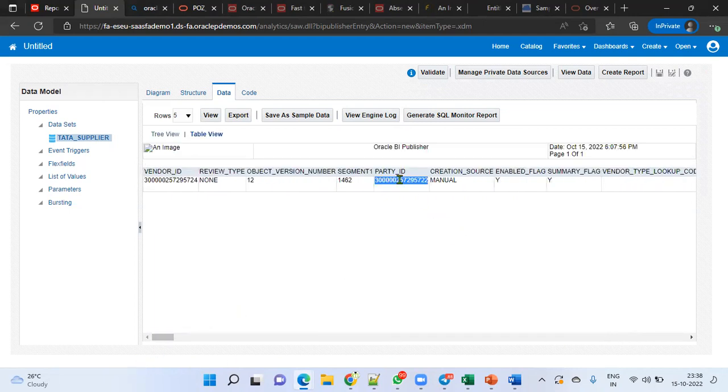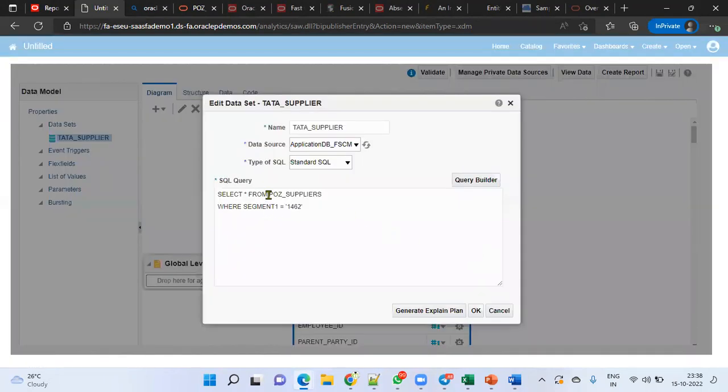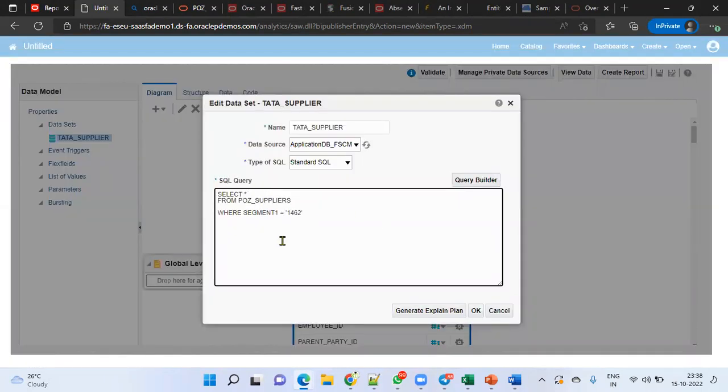How we can get? Based on the party ID, we have to join with another table. So how we can go for join another table here? So let's say POZ_SUPPLIERS PS, and HZ_PARTIES HZ. I'm going to use that and write the where clause PS.PARTY_ID equal to HZ.PARTY_ID. And now we will be able to get here